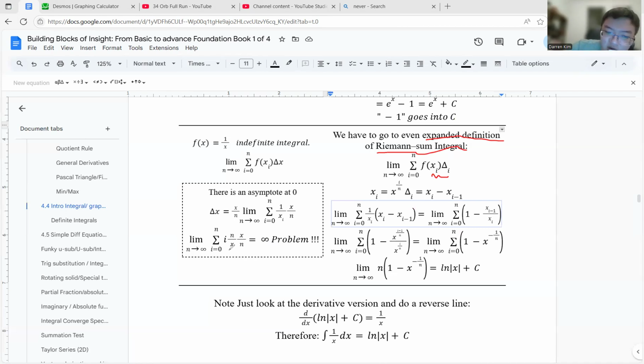What that means is that there's a problem. As you can see over here, if we do the original way, there's a problem. And now we have to expand the definition to the more formal, more hardcore basic version of it. Over here, you realize that this is the indexing that we talked about. So basically what's happening is now we have an i and an i minus one. So this is a minus one i.